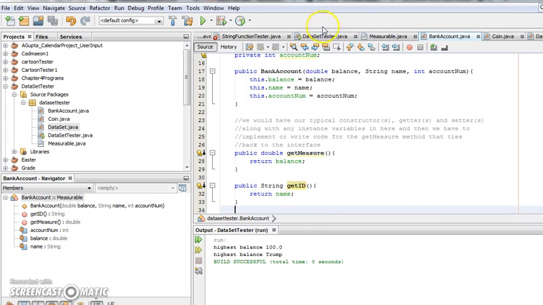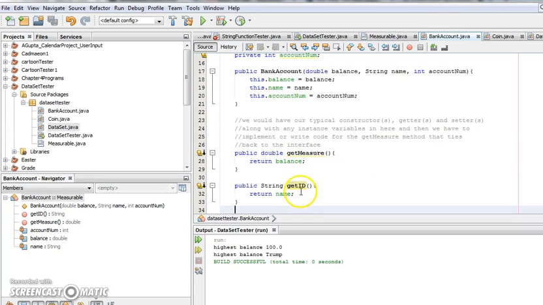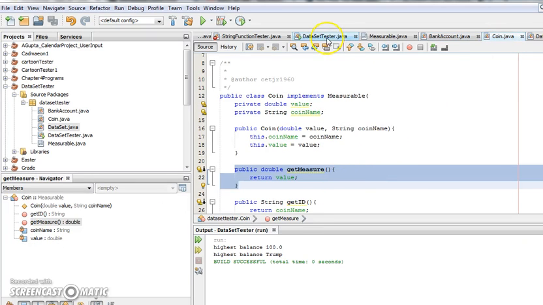So you see what I'm doing here? I'm setting up the interface to say anybody that implements me must have these two methods, and it must be specific to their instance variables. Get name is going to return name, get measure will return balance. Here I'm returning value and coin name. Now